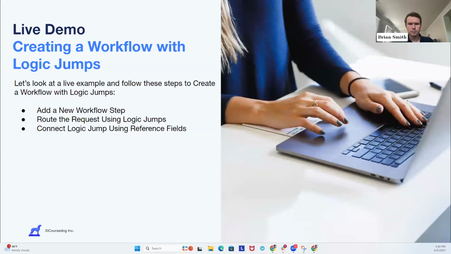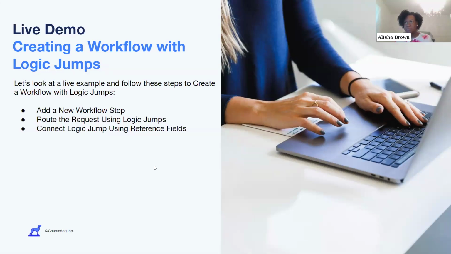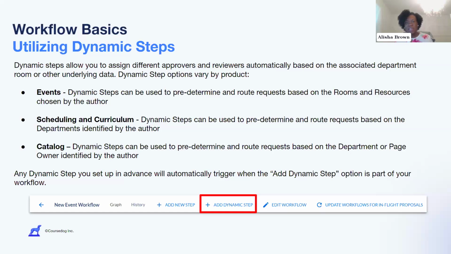So now that you've been able to see what it looks like to create a workflow in action, and also utilize those custom decisions and logic jumps, hopefully that adds a little bit more color to what we've shared previously. As we continue down the road of workflow basics, I wanted to talk a little bit about utilizing dynamic steps. So within the interface where you create a workflow or add a new workflow step, you may have seen the option to add a dynamic step